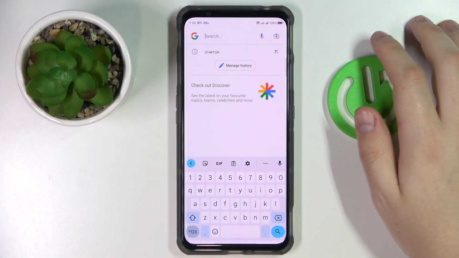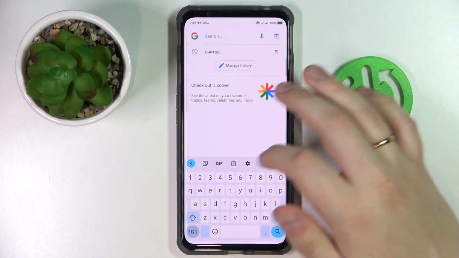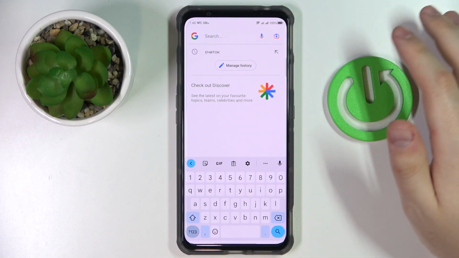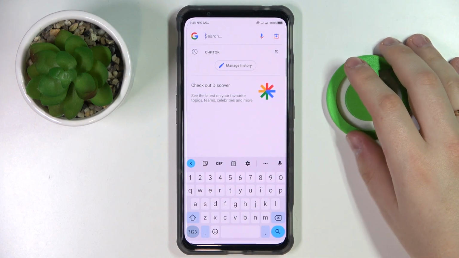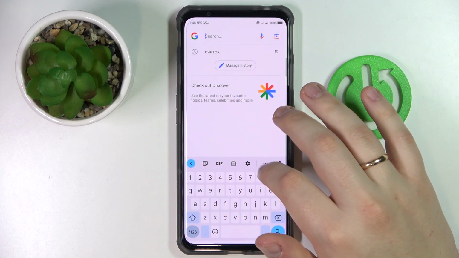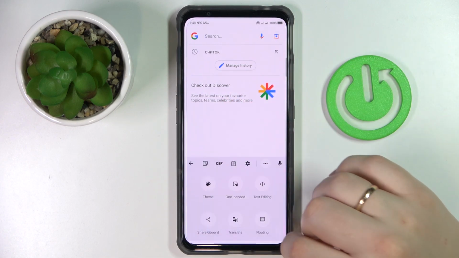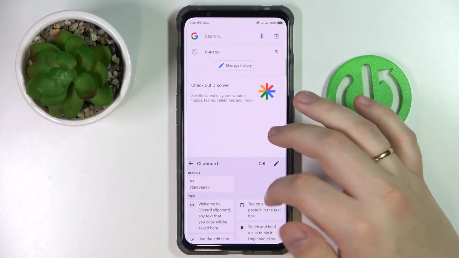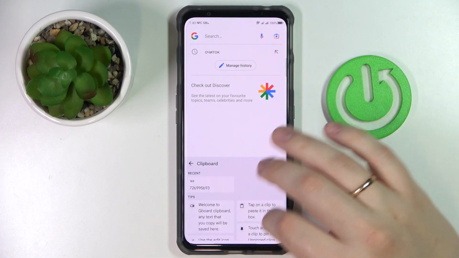In order for the clipboard to be activated, find this very icon at this little top row containing various options that are available to you. If you cannot see the clipboard icon over here, just expand the menu by tapping on those three horizontal dots. So once at the clipboard page, turn this little switch on, which identifies the fact that you have successfully activated